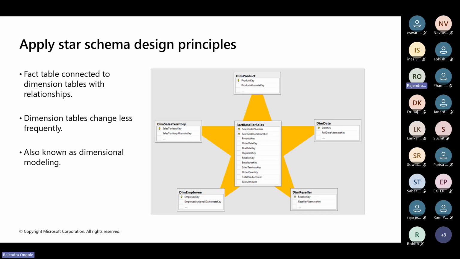Fine. Moving on to the next. Apply star schema design. Most of the time, whenever we are working on the data modeling part, we will try to build a star schema. But here, for whoever is still not aware of these design principles, if you observe the table, the fact resellers table is in the center,